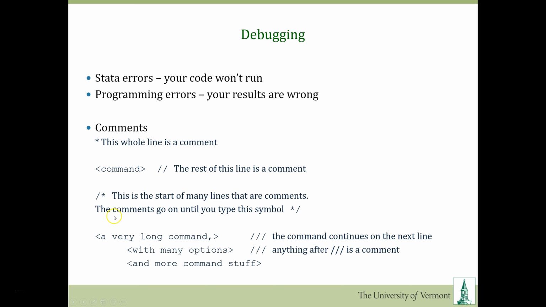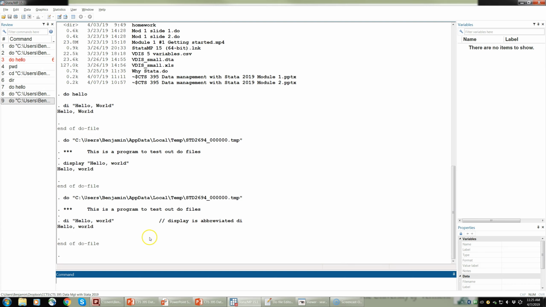Everything from here on in is not executed, and it's just treated as a comment all the way until you hit the reverse comment. So slash star to start it, and star slash to end it. And that means we can do things like,